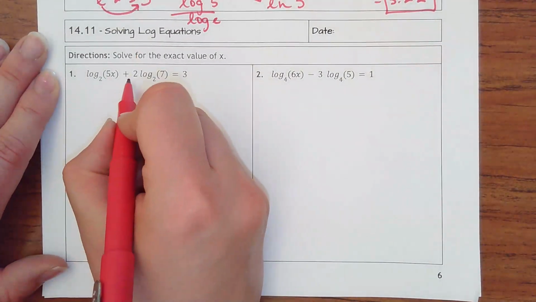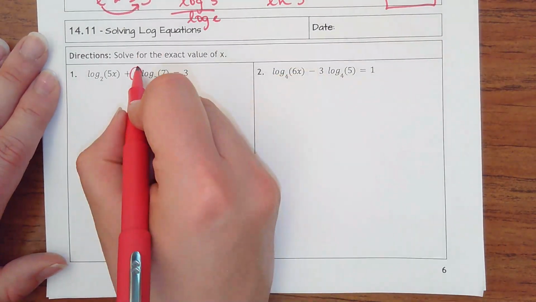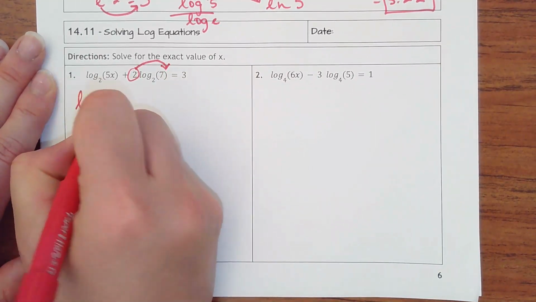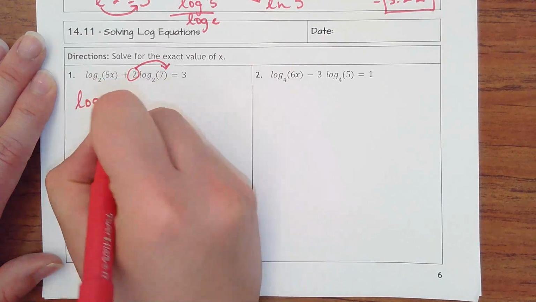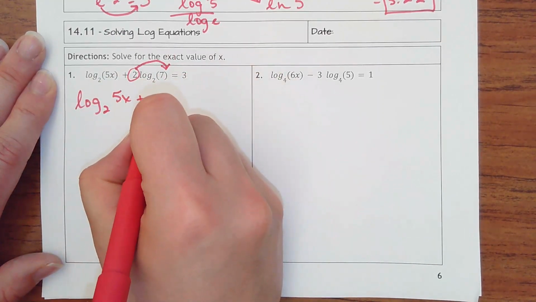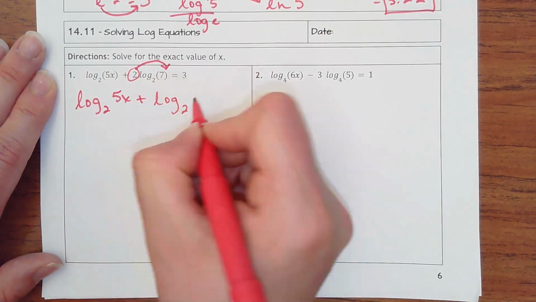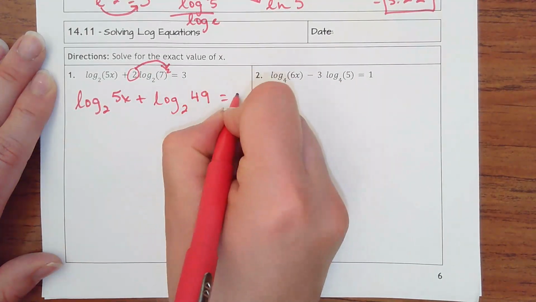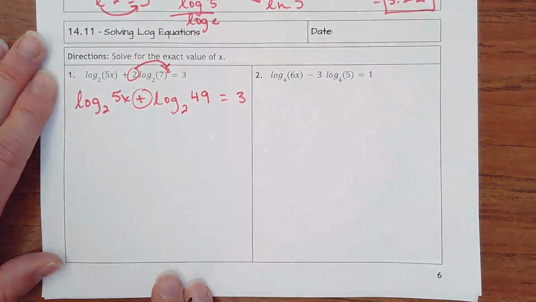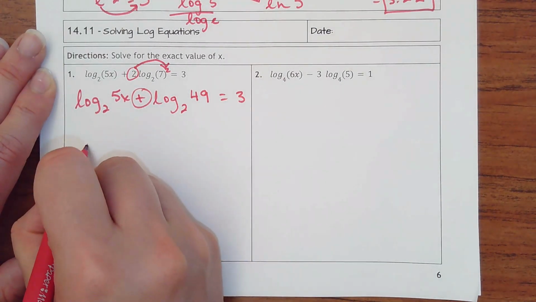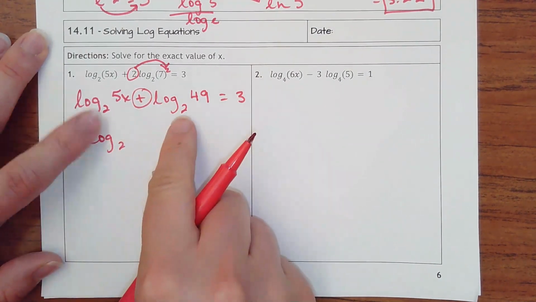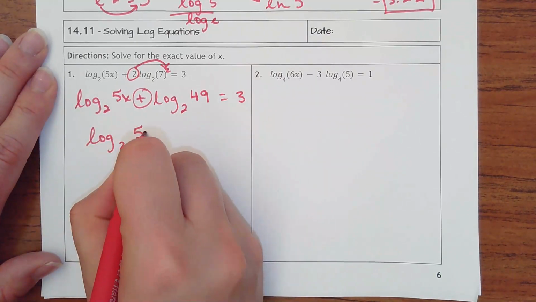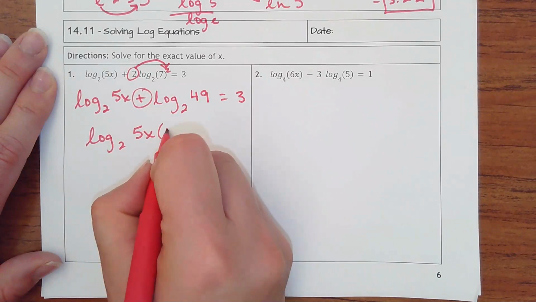So in this problem, I first see that I have this times 2. I want to move this to a power. So I'll have log base 2 of 5x, the parentheses not really necessary there, plus log base 2 of 7 squared, which is 49. Okay, then since I have addition here, I'm going to put it together with multiplication. So I'll have log with a base of 2, because that's what both logs had in common. Then I'll have 5x times 49